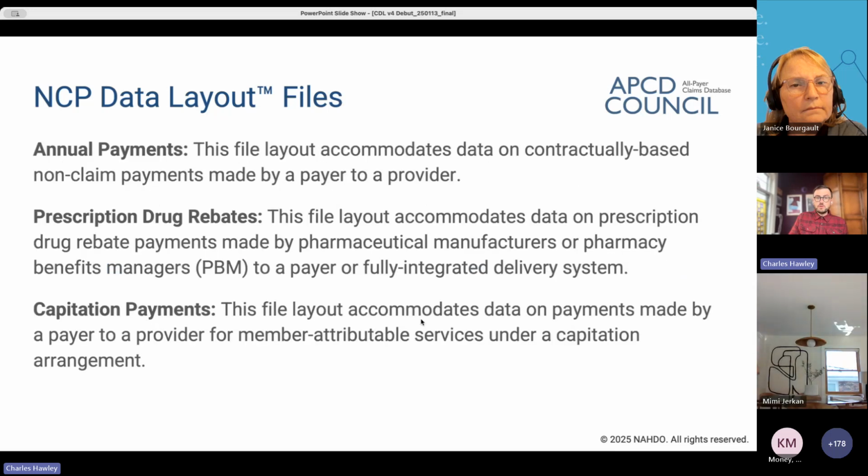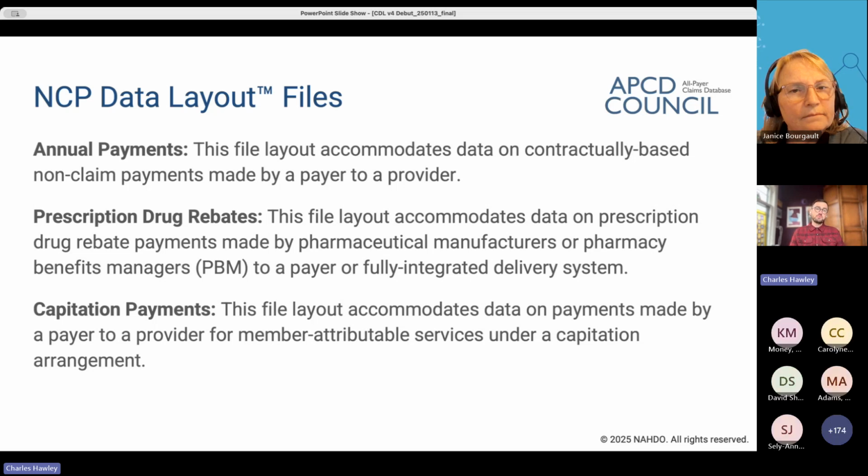And so let me say a little bit more. I alluded to what was in the NCP data layout a moment ago when I mentioned the member count in months, elements, and annual payments. So there are 3 files. The NCP data layout also has references to the CDL. I'll explain that in just a moment, but the 3 files are primarily the annual payments file, which accommodates data on contractually based non-claims payments made by a payer to a provider. And you can imagine there are a number of different types of those, but it accommodates a number of payment